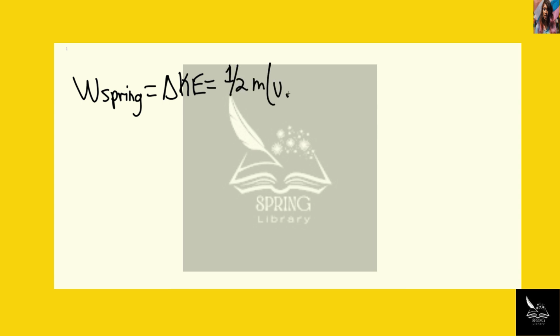Here, we need to find the spring constant. So we know that the work of the spring is going to be equal to the change in kinetic energy, and this will be equal to 1/2 times m (v final squared minus v initial squared). And we know that this is coming to a stop, so the final velocity will be 0. And we can say that the work done by the spring is 1/2 kx squared, and this is equaling negative